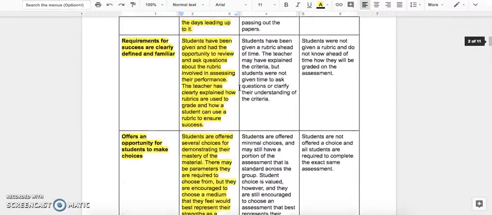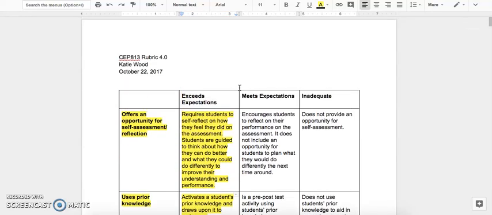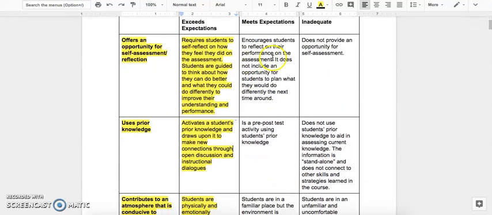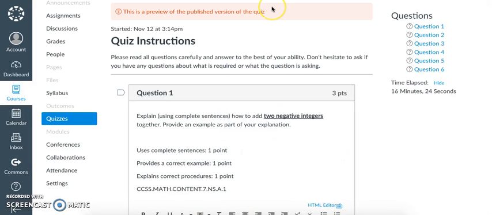Here is my rubric 4.0. I have highlighted the criteria that I feel reflects the assessment that I have created. This assessment matches each of my rubric 4.0 standards. As I created the assessment, I had each of my criteria in mind and tried to make sure it was